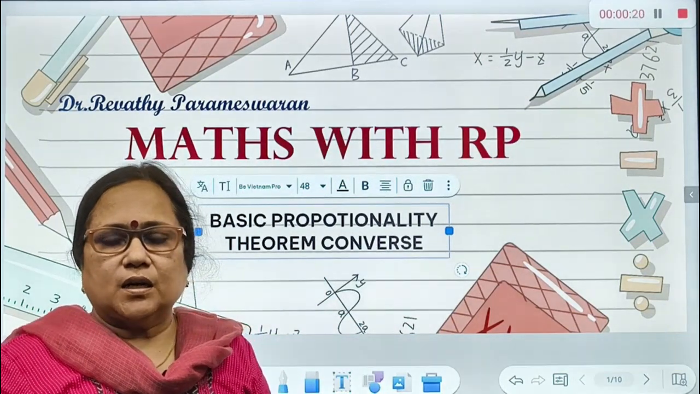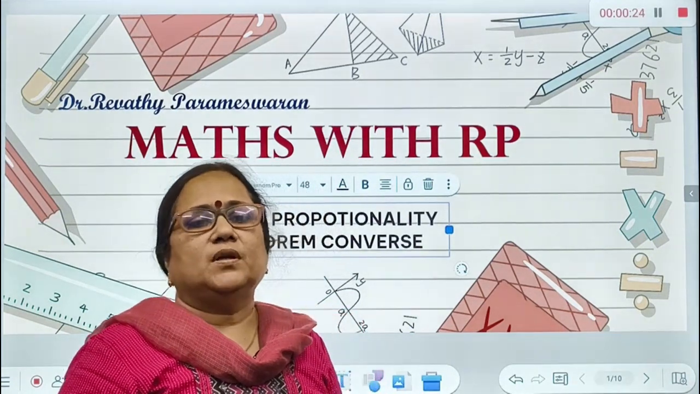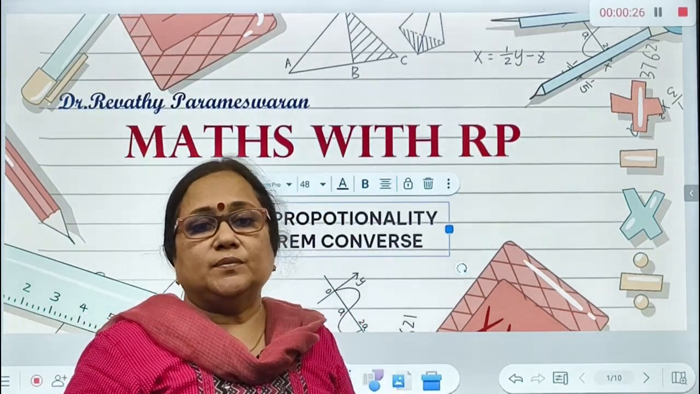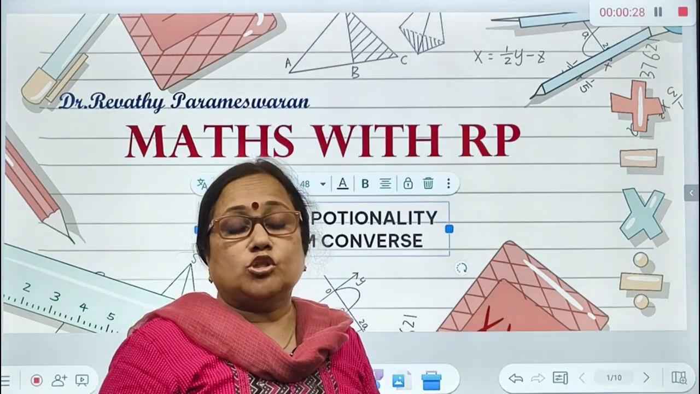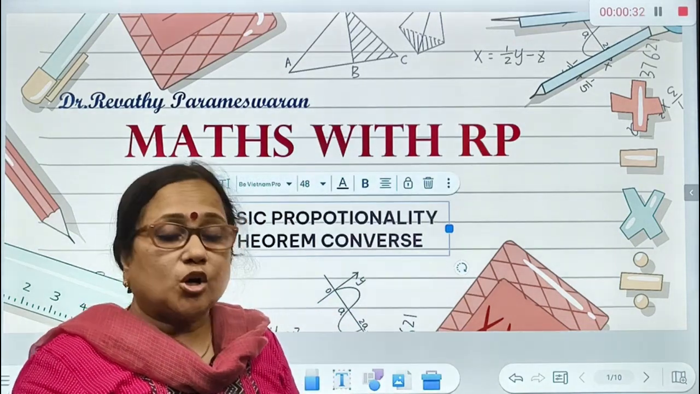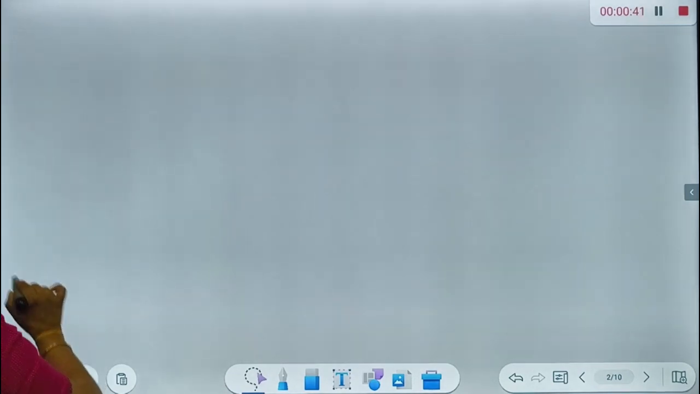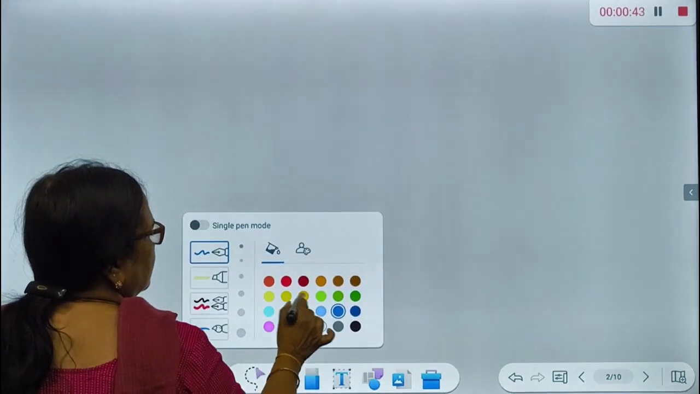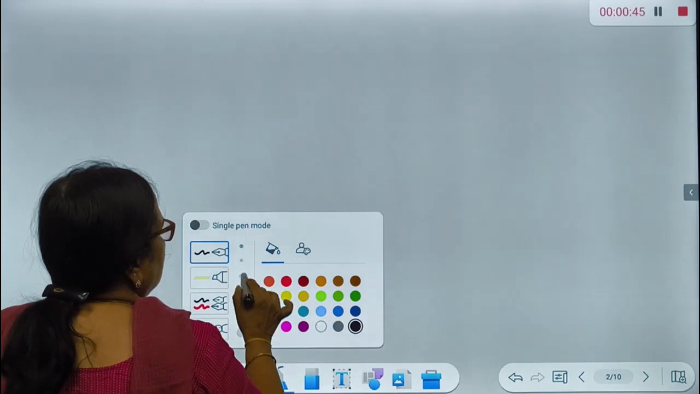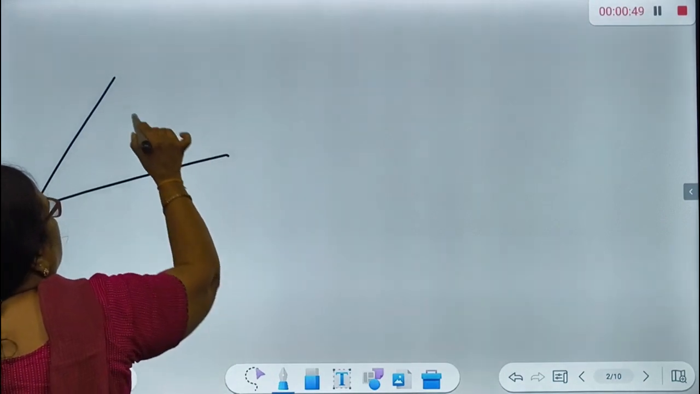In our earlier video, we had discussed the basic proportionality theorem, how to prove the theorem, and also how to solve problems based on the theorem. Today, we are going to discuss the converse of the theorem. So, first of all, what did the basic proportionality theorem say? According to the basic proportionality theorem,